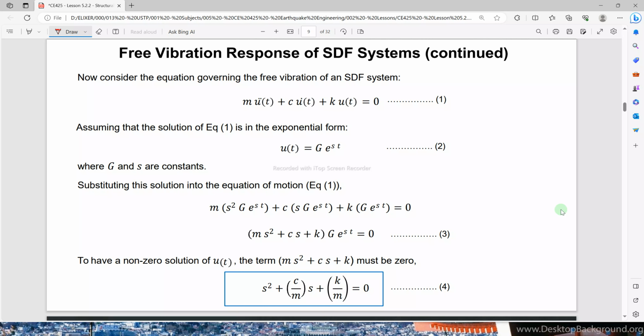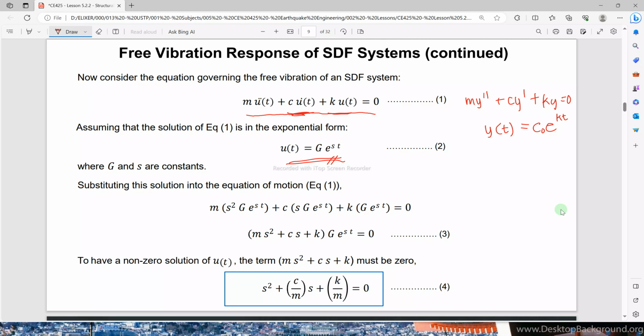Equation 1 is the mass times the response acceleration plus the damping coefficient times the response velocity plus the lateral stiffness coefficient k times the lateral displacement of t is equal to 0. Since we know the property of a second order differential equation, it will eventually have a solution like this one. In the previous example we used y: y double prime plus cy prime plus ky is equal to 0, and then we have the solution y of t is equal to c naught